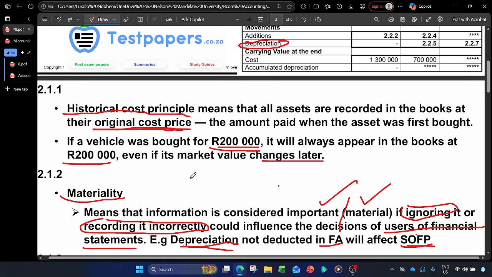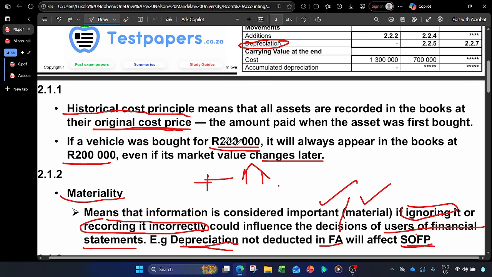So let's say for example I'm an investor, I want to invest with the business. So now you didn't write off your depreciation to your fixed assets, so that means that your assets now will be more than it is supposed to, and now that one is the misleading information, because I will take that information as true, of which it is not, and invest to the business, and now the return on investment won't reflect the actual money that I invested. So now the action doesn't speak as the money or the financial values are put on the statements of financial position or balance sheet, right?